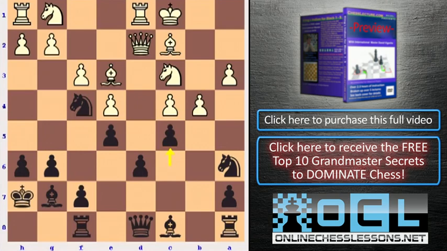And there are really no other good alternatives besides b5. So I play knight b8, and the knight is going to go to d7, and now I have a nice open square for my queen on a5. So this is, you could say, a critical position in the game, and now Irina has two ways of winning